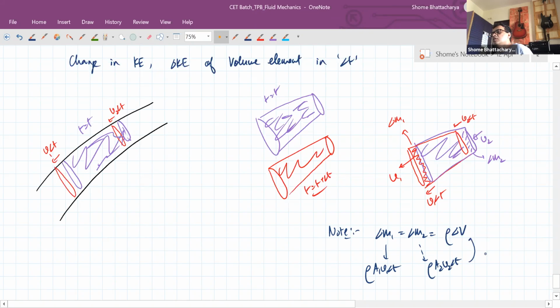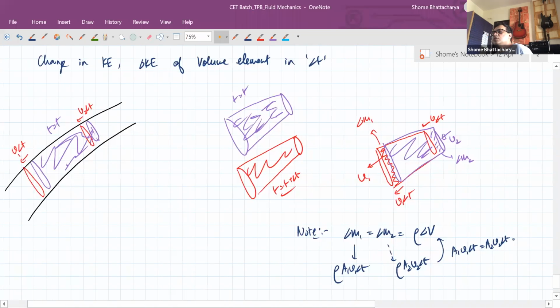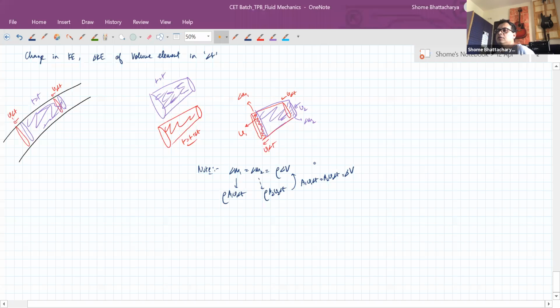And we know that a1 v1 delta t is equal to a2 v2 delta t is equal to that volume that is flowing through the pipe in time delta t. Okay. So the change in kinetic energy in time delta t,